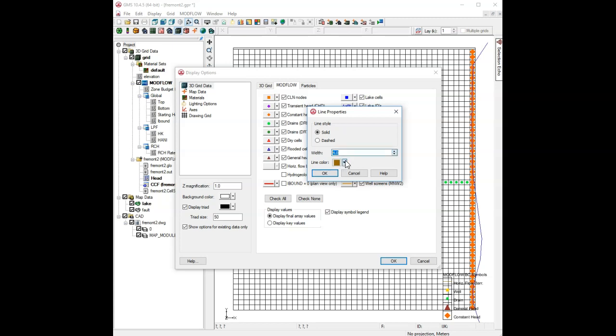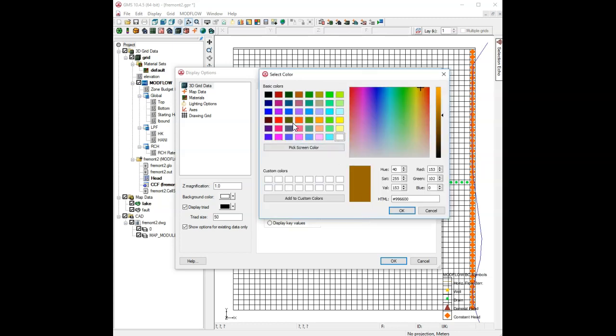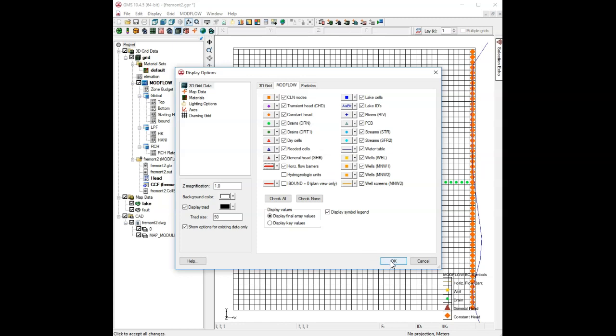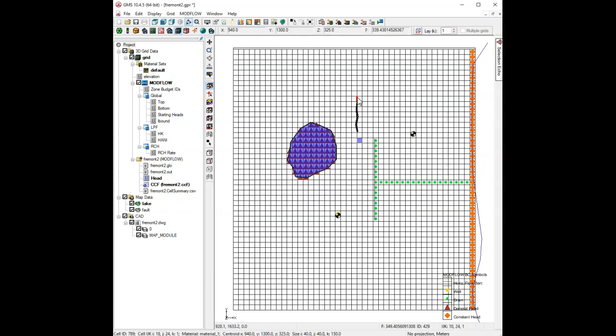So I'm going to make these, let's make them, that's an odd set of colors. Let's make them more of a reddish color. There we go. And we'll make a thick line there. So now you can see there's a mark there showing that that's a horizontal flow barrier. So now we're going to